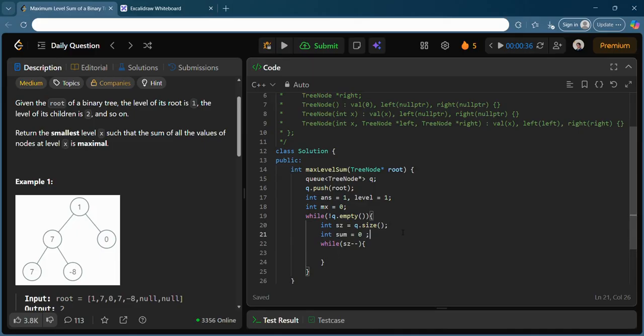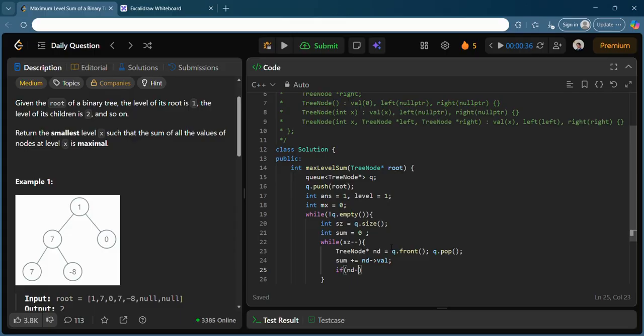and you also need a sum, right? As I told you, the level order sum you need. What you can do for this, you can do sum plus equals to q node. So first you extract a node. Tree node star nd is nothing but q dot front. Okay, so you just do this and q dot pop. So this is a standard thing in BFS. So yeah, you have this node with you, and you just do node arrow val,